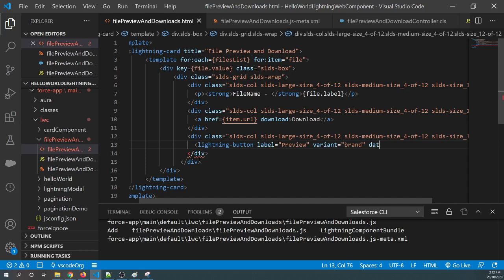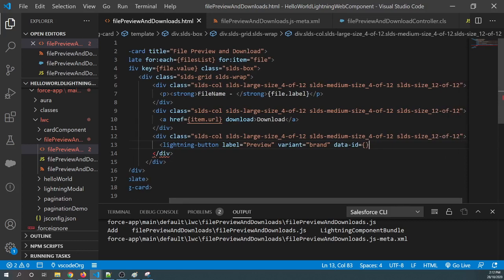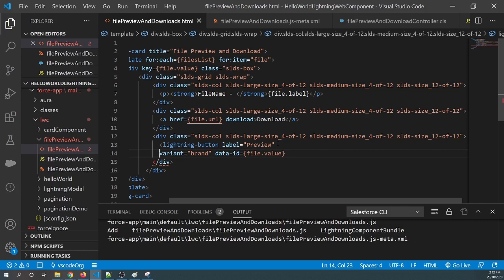So I'll add a data ID. This is the way by which you can embed data into the HTML. So I'll say data-id is file.value, and here as well, instead of item, it's file. And now let's wrap this up as well, and then I'll close the button.